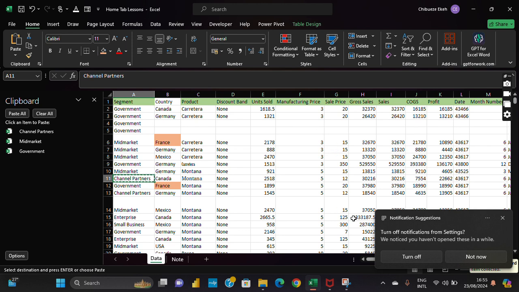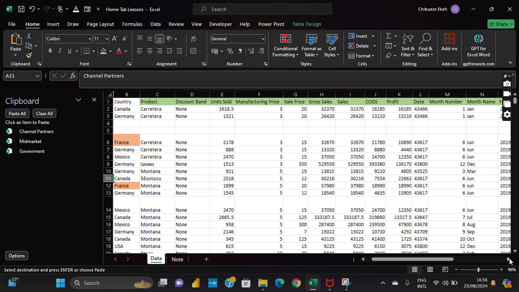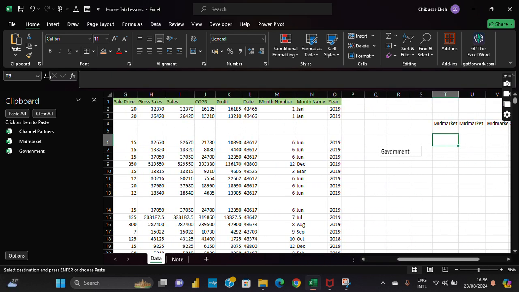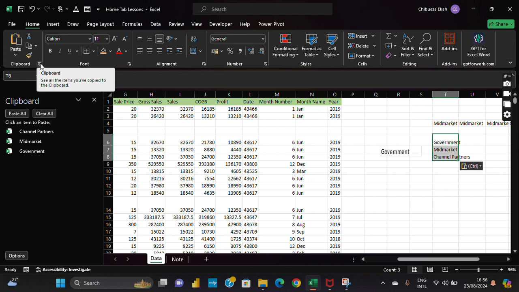Let's say I want to paste it. Let me scroll down to this point, where I can choose whatever I want to paste. Let me say I want to paste only mid-market. I click mid-market, and mid-market is pasted alone. But if I want to paste all, I can click on Paste All, so it has the three of them pasted. On this clipboard dialog box that came out when we clicked on the dialog box launcher button,